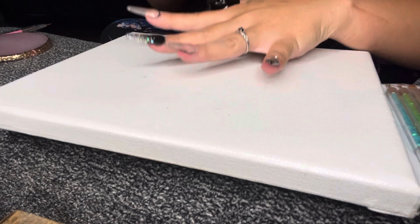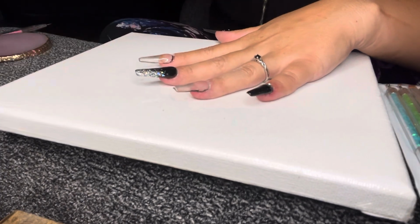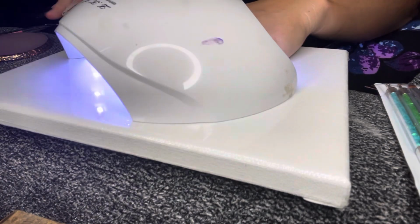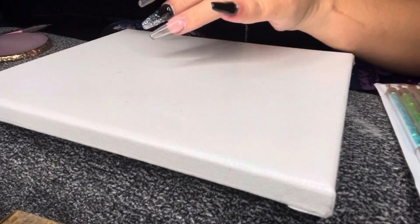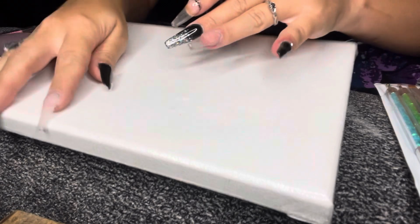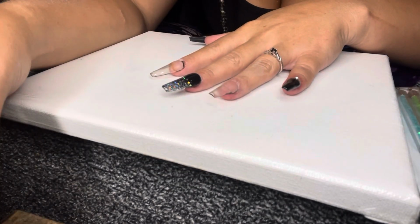And again, make sure you've got the sides capped in, the top capped in, so that way there's something there for that gel to really stick to. Let it cure. And then it is now time to go ahead and put down my first layer of my black. And I want to go ahead and pass this message along because